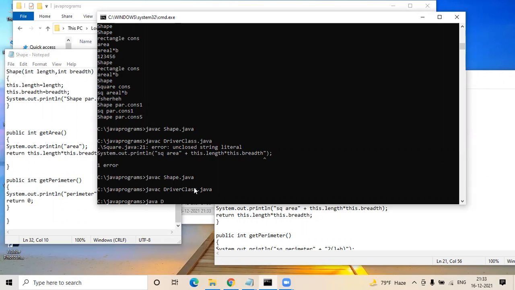You have to compile the square class as well. Didn't get you? You have to compile the square class. Oh, sorry.